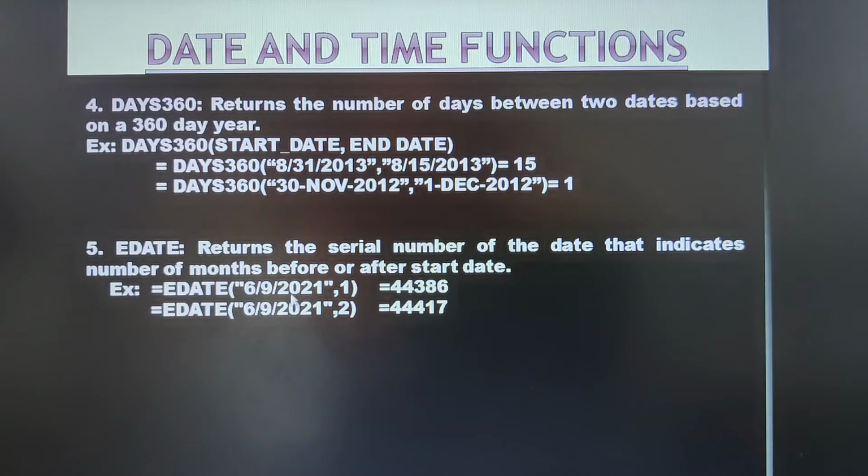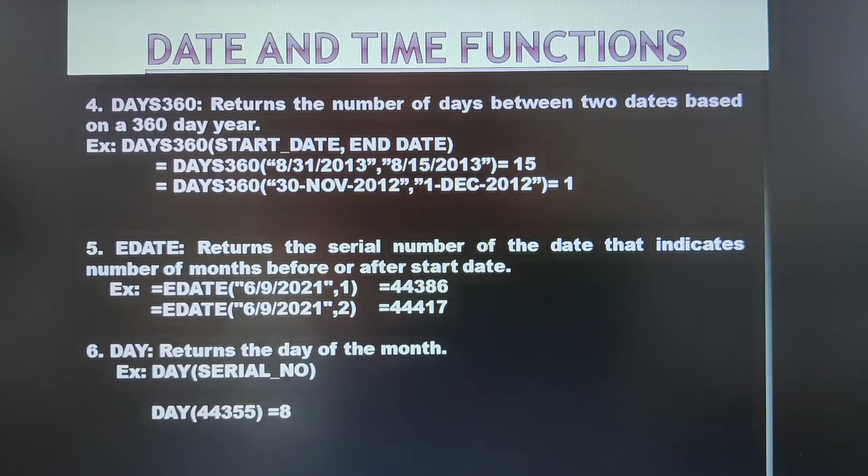Similarly here also, if I give this as a start date and add 2 months to it, then what will be my future date? If I have to calculate the future date, at what date I am going to end up with, then I have to go for EDATE. I'll be showing you this practically so that you can clearly understand.